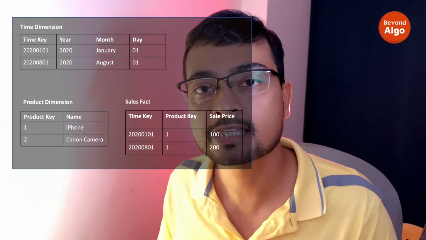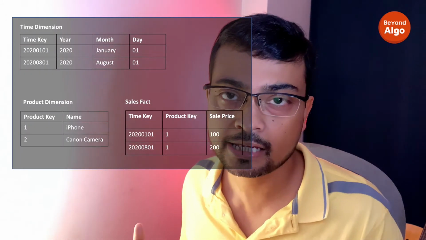So as I said earlier, dimensional modeling has this philosophy of looking at this world where the entire world is divided into two segments. One is the changing things, which are called facts, and the second is the context of these changes, which are called dimensions. Now, when a data modeler uses dimensional modeling in order to model some physical phenomenon out there in the world, in their database structure they basically create two types of tables. The first type of table is called the fact table, and the second type of table is called the dimension table. So now let's see this example on screen.